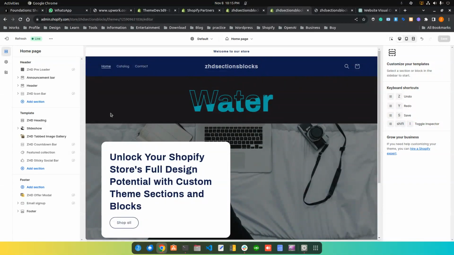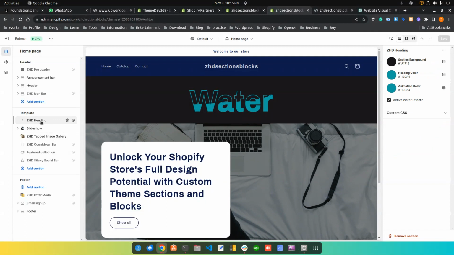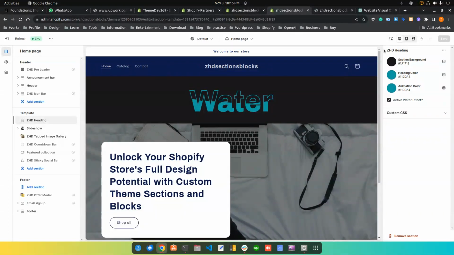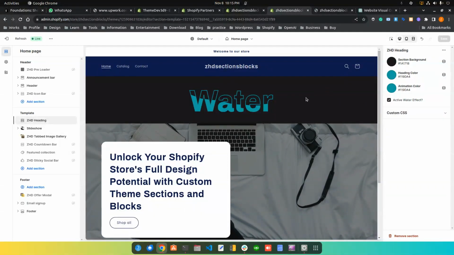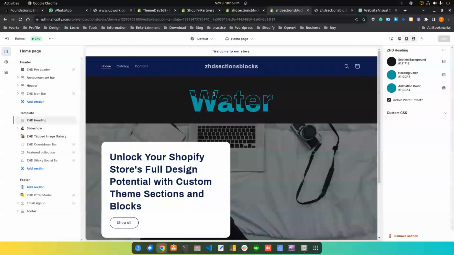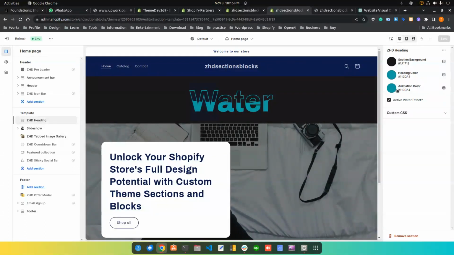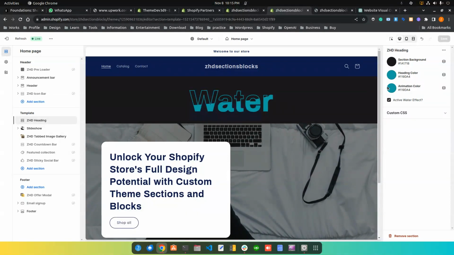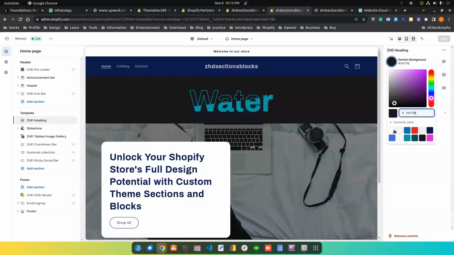So here we can see this is the heading, and if you go to the options, here we can change the color of this full section, and we can change the heading color, actually the heading stroke color, and we can also change this animation color here. If you change it, let's change the background,